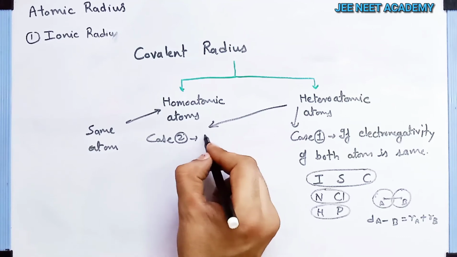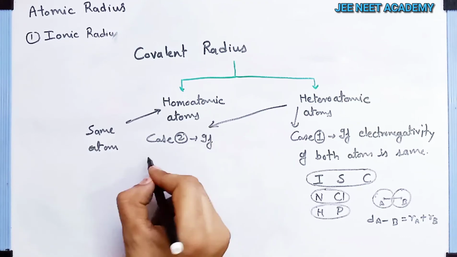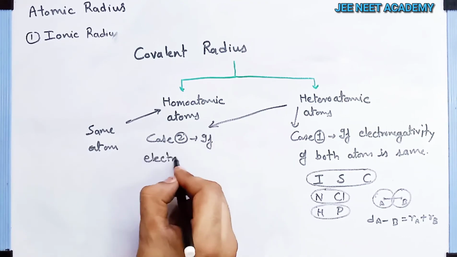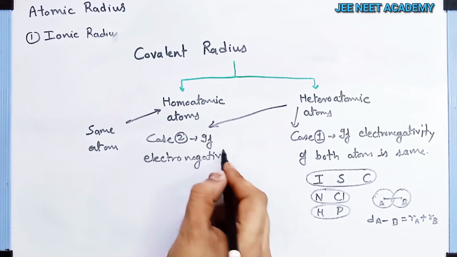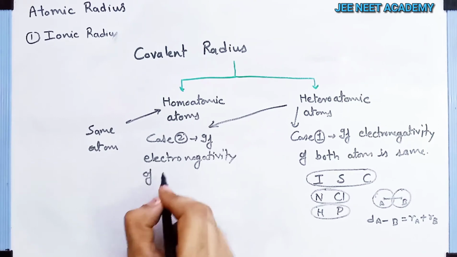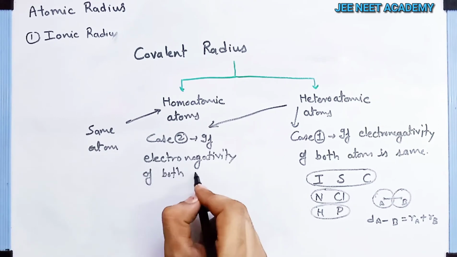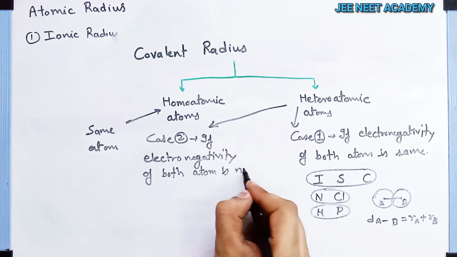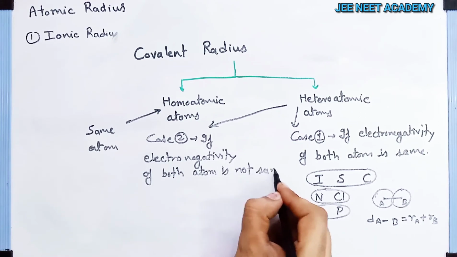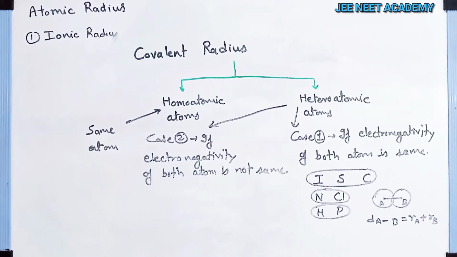If the electronegativity of both atoms is not the same, in this case we have a formula. From that formula, you can calculate the covalent radius. The formula is